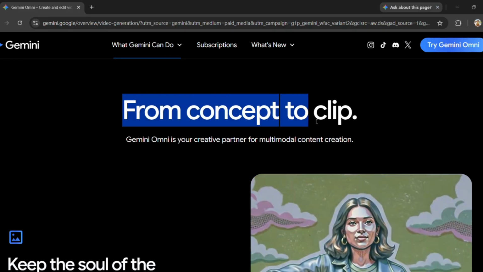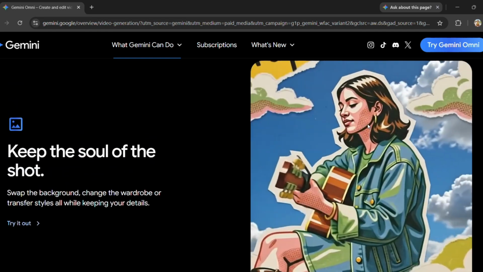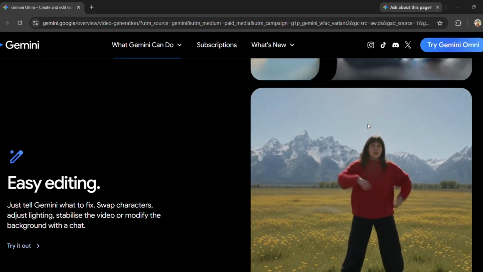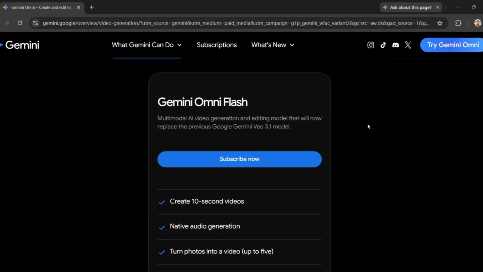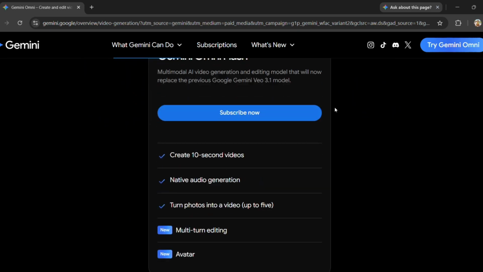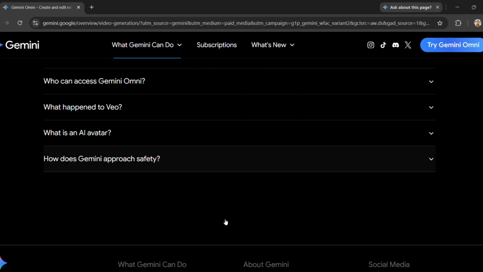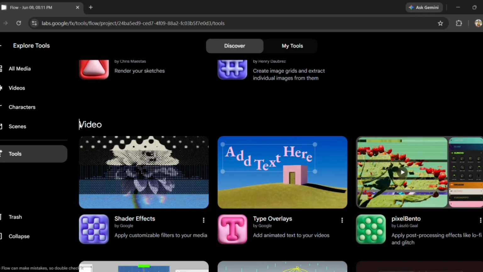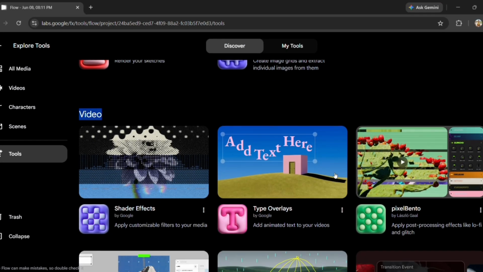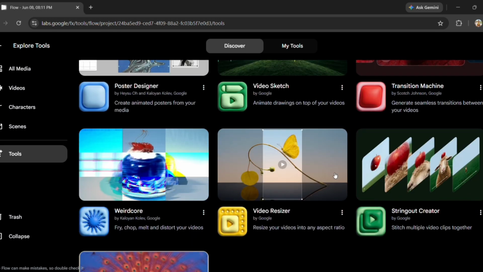After spending time with it, I don't think Google Omni is just another AI video generator. I think it's becoming a creative testing tool, a way to validate concepts faster than ever before. And honestly, that's where the crazy results come from. Not because the AI is perfect, because it lets you test 10 ideas while everyone else is still producing their first ad. And in advertising, that speed can make a massive difference.